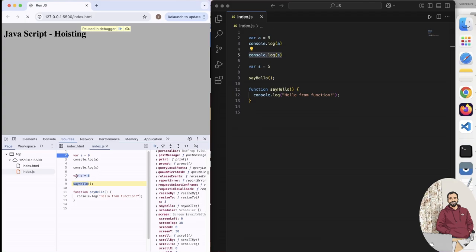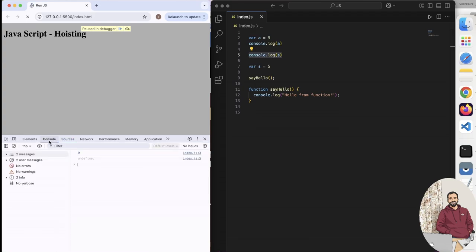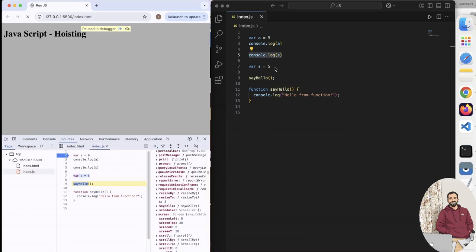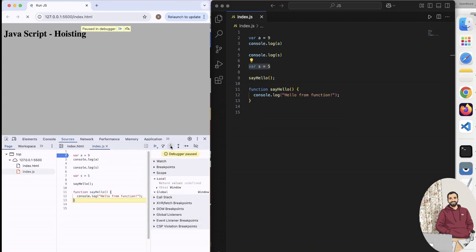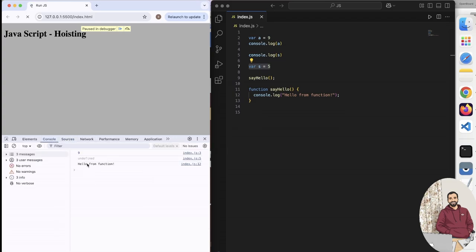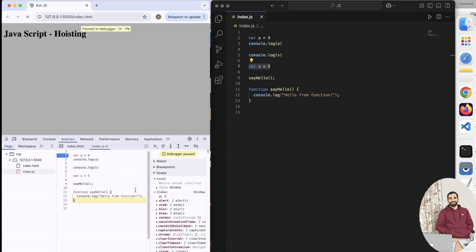Just after executing this line, we got this value, s value is 5. But see, the print statement console.log is undefined only, and when we cross this line, variable s is equal to 5, after that we got this 5 value here. And next we have this function call, so function call console.log, fine. Let's go to the console: hello from the function. So this is the proper function